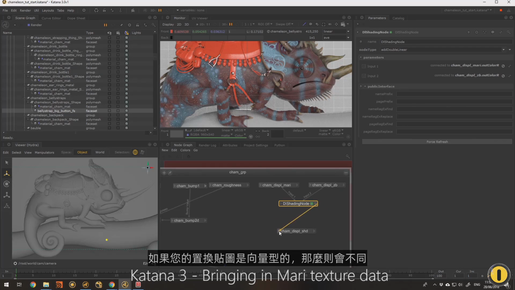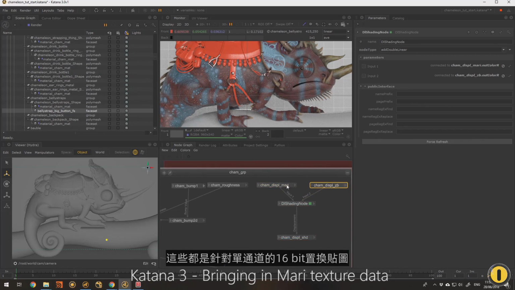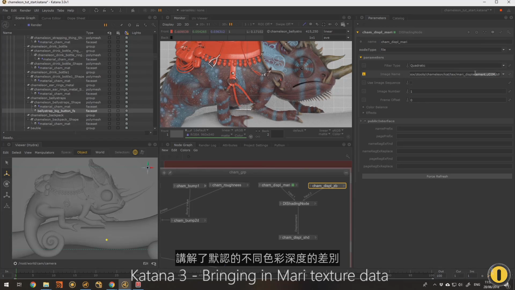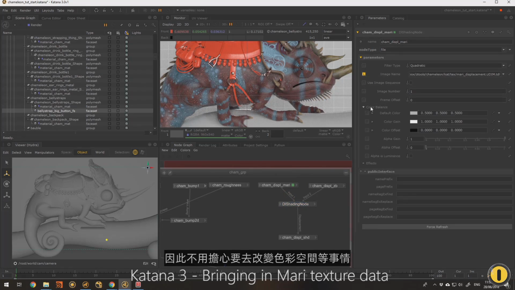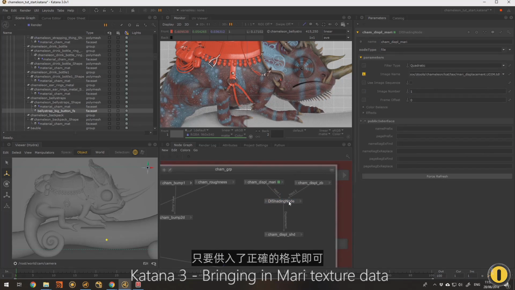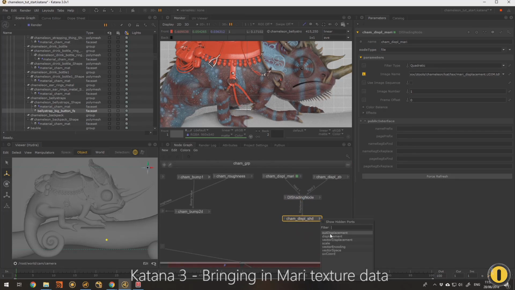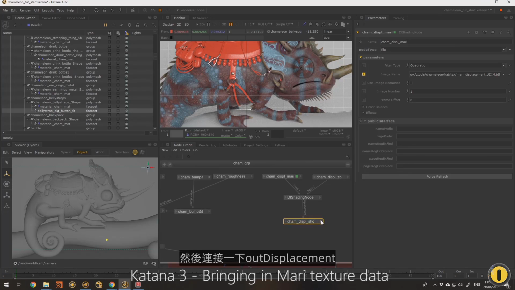So your displacement maps could be different. If they're vector, we'd be doing it differently. But these are just for single channel 16-bit displacement map here and 32-bit here. 3Delight automatically, they have a table in their Maya documentation which tells you what it does by default in terms of color depth. If you feed it a 32-bit or a 16-bit image, it reads it as raw by default, so you don't have to worry about changing color space and stuff like that as long as you feed it the right formats. There's a whole chart in the Maya docs, but I didn't see them in the Katana docs, but it's the same behavior. I connect out displacement here